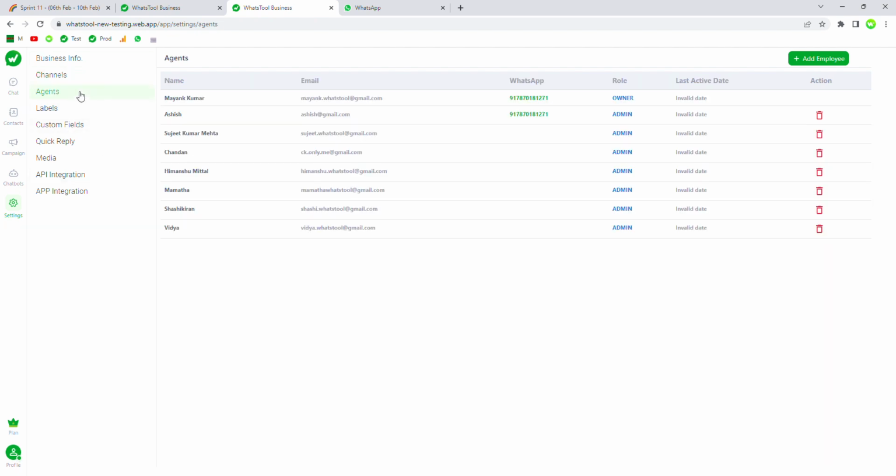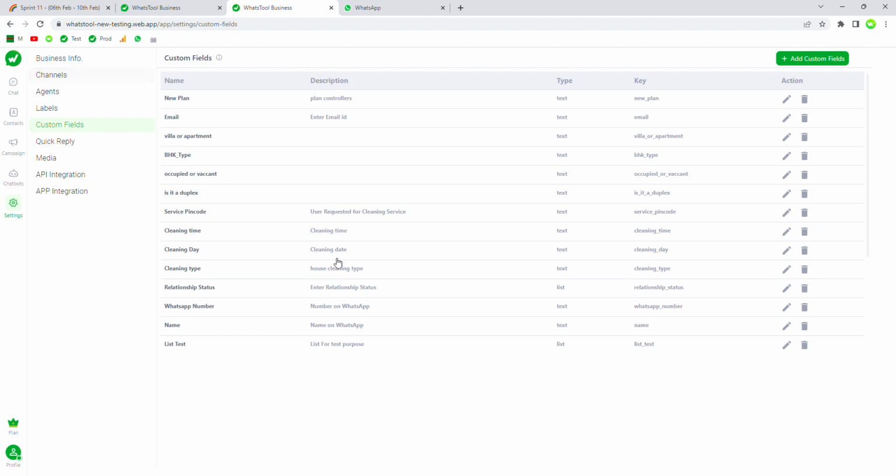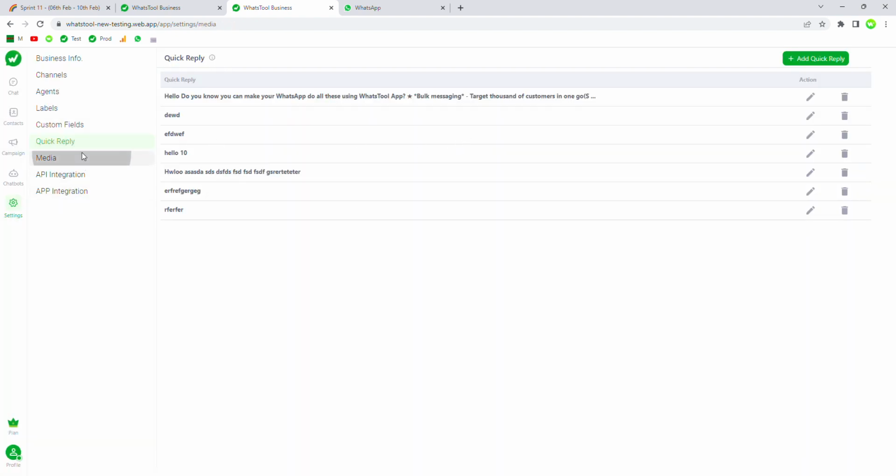The creation of multiple agents also has a limit, like 10 agents, 5 agents, as per your plan. In our case it is unlimited for testing. But when we are testing the limitation, we also apply the limitation over here, okay. Custom field, each and every section has its limitation as per their plan, okay. In our case for testing we have applied unlimited access, but quick reply also,